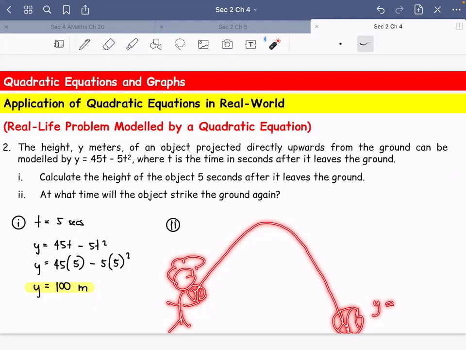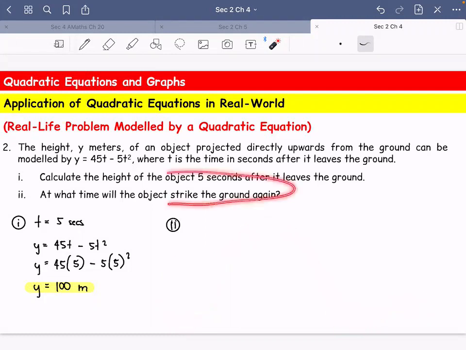I mean, the distance of the ball from the ground, if it's touching the ground already. So there's no distance between the ball and the ground, right? That means your distance here is equal to 0 meters, because the ball is already touching the ground. So there's no distance between the ball and the ground, so there's no height at all. So what do we mean by that? Therefore,